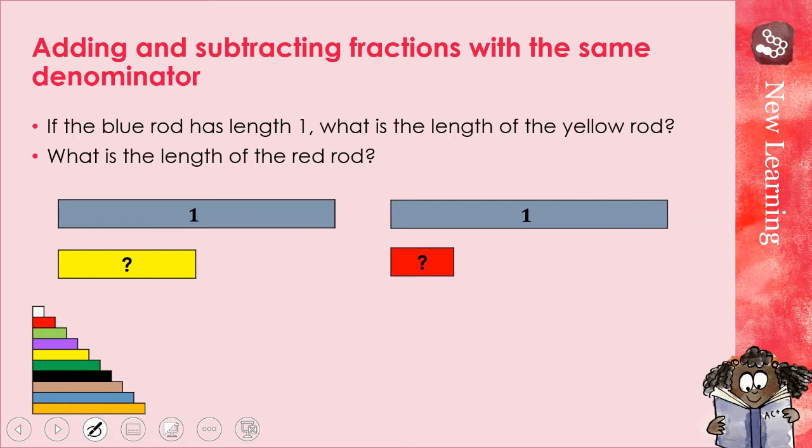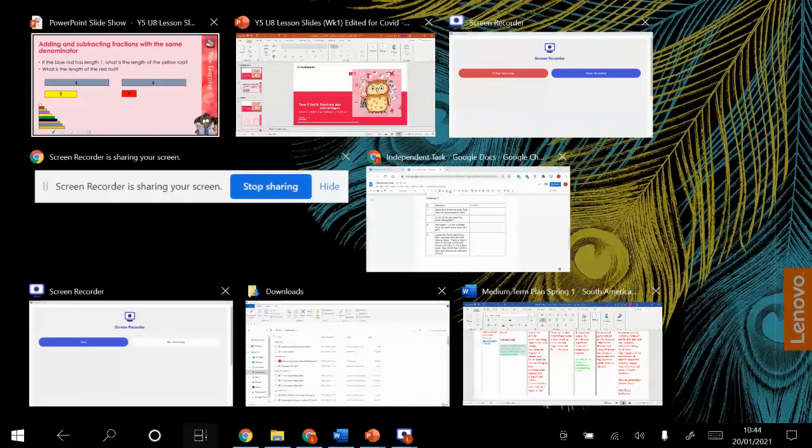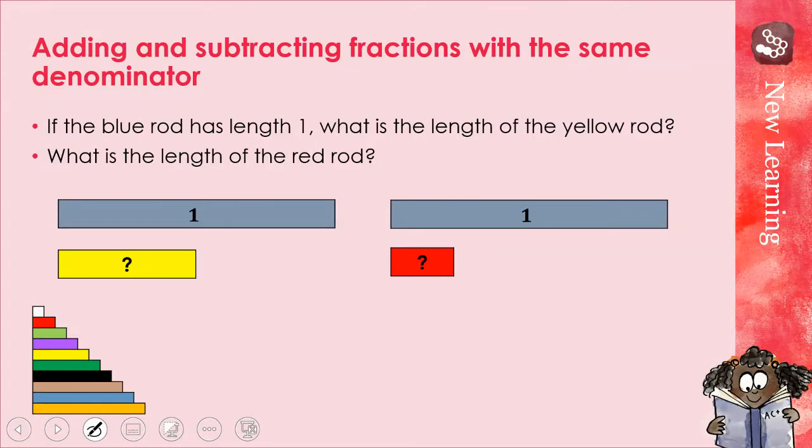Okay, so here we have a couple of questions which are represented by rods. So this first rod is worth 1. The grey rod is worth 1. So what is the yellow rod worth? Well, as you can see,